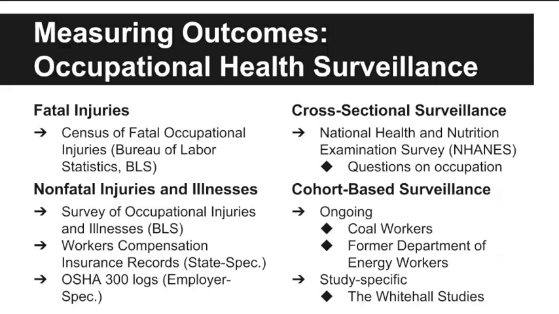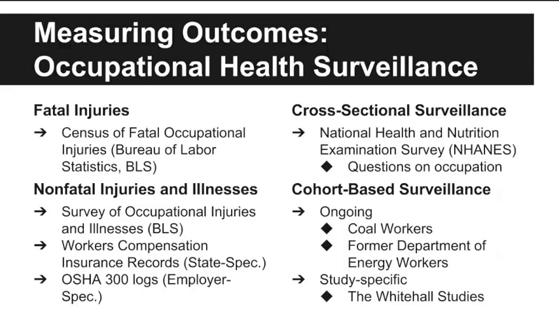There are a few ways that we have of tracking non-fatal injuries and illnesses. The Survey of Occupational Injuries and Illnesses, again administered by the BLS, is one method. We also use workers' compensation insurance records, which are governed by state-specific laws. And OSHA 300 logs are records that employers keep of particularly severe occupational injuries and illnesses. I should mention that many of these systems that we use undercount and underestimate the true burden of occupational injuries